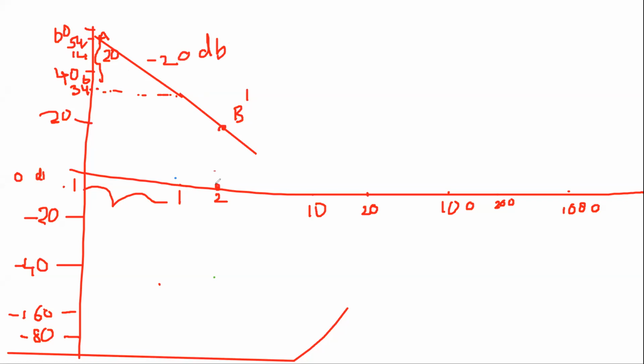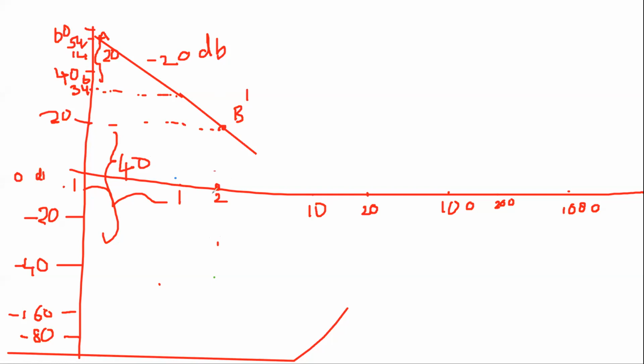So this is done. Then from B dash, I have to have, what is the B dash value? You have to note it down. Maybe some magnitude it is there. So it is 28 or so, whatever it is. So note down this magnitude. Now from here, you have to go down by 40 units because the slope is minus 40. So you go down by 40 units. So from here, you come down by 40 vertically. Up to what? Up to 1 decade.